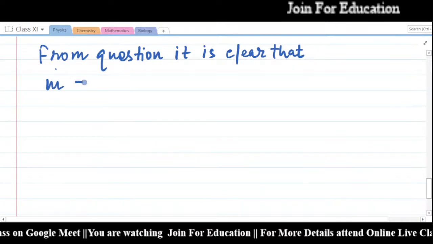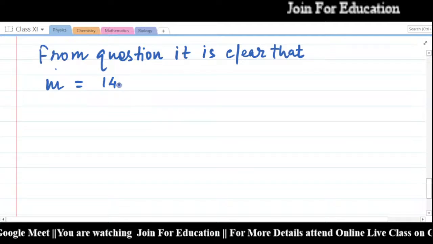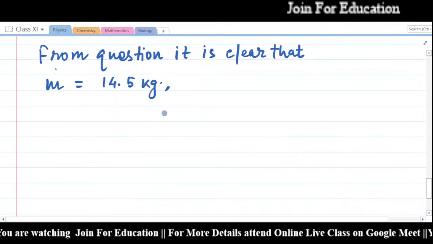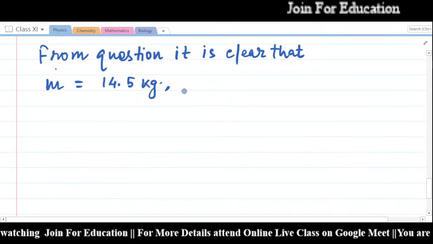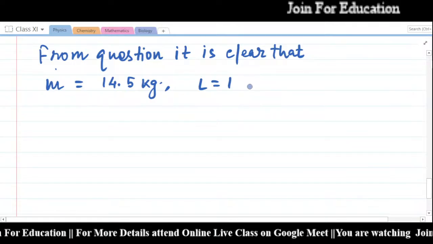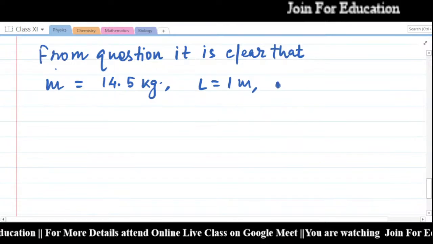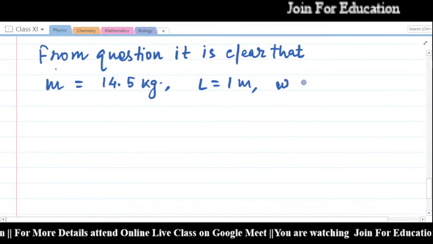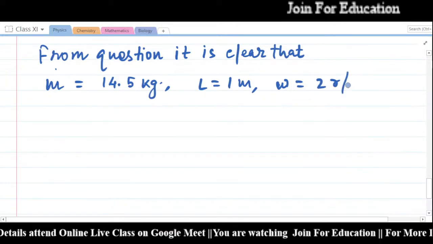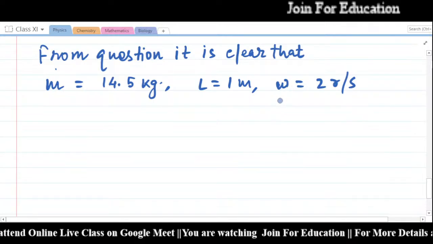M equal to 14.5 kg and L equal to 1 meter, and angular velocity omega equal to 2 rotations per second,